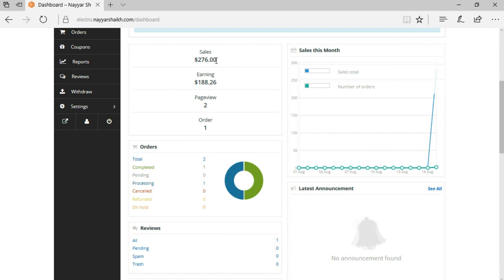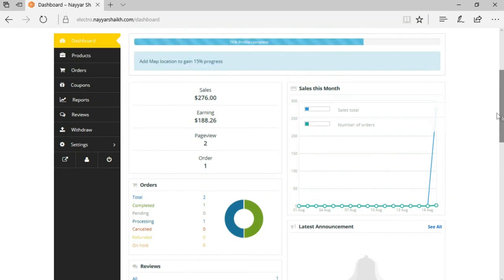So if you have sold goods worth rupees 10,000, they will charge 1,000 rupees as their commission for maintaining the website and giving you all this facility. We will also be giving 90% to the seller and 10% to us, the website owner. Then we have two page views, one order.